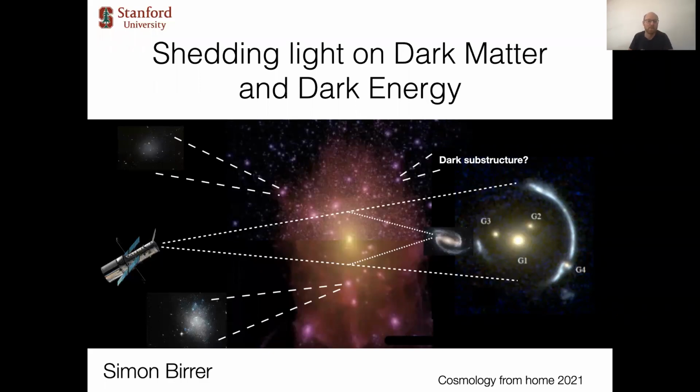Welcome, my name is Simon Birrer, and in this talk, I'm going to talk about recent progress we made on shedding light on dark matter and dark energy with strong gravitational lensing. Two topics will be discussed, the first on dark matter and then on dark energy, in particular measuring the Hubble constant. Starting with the first one,